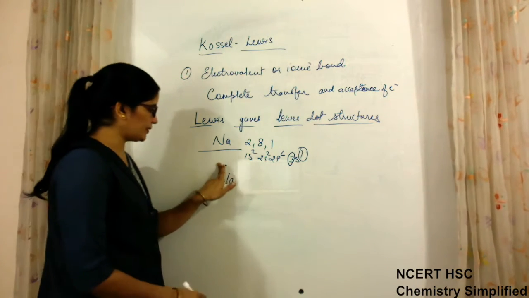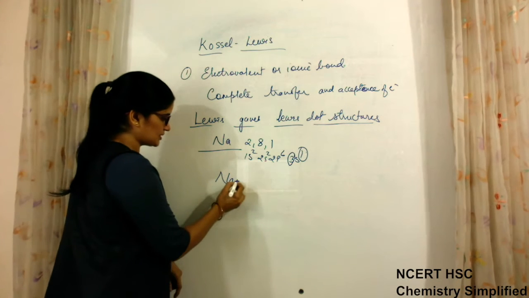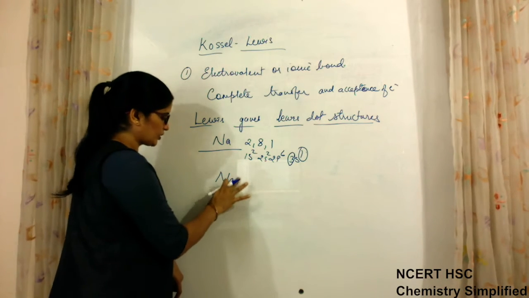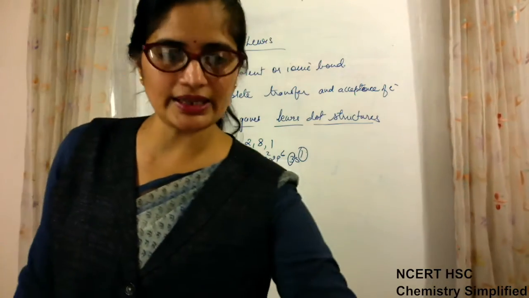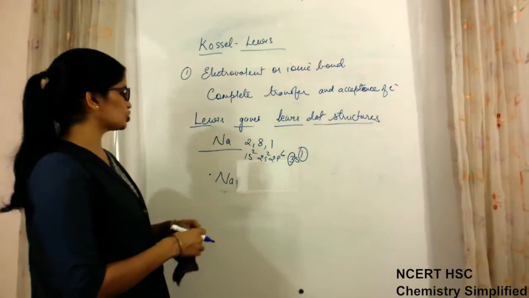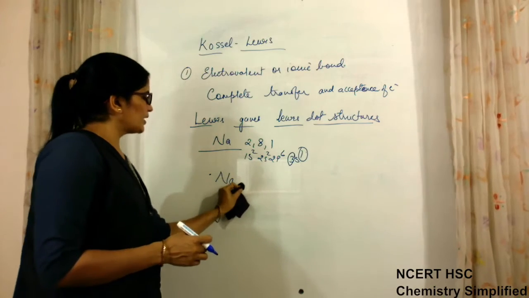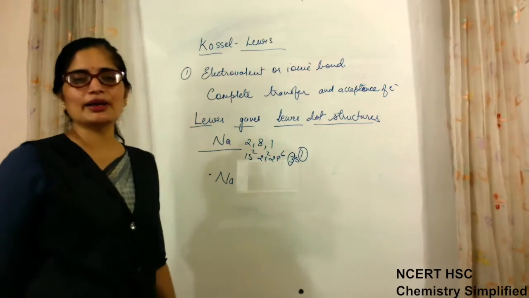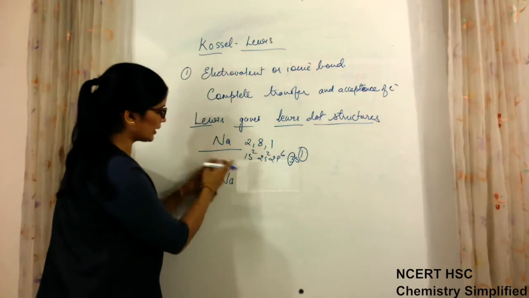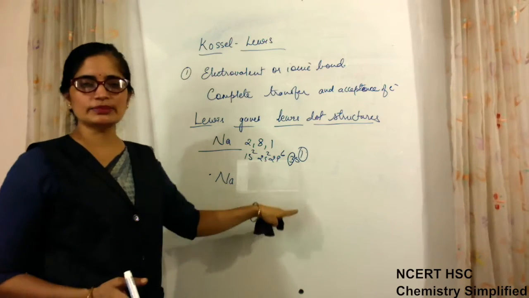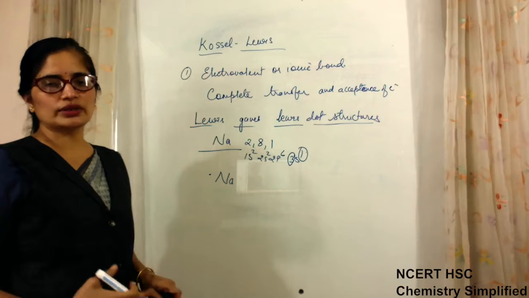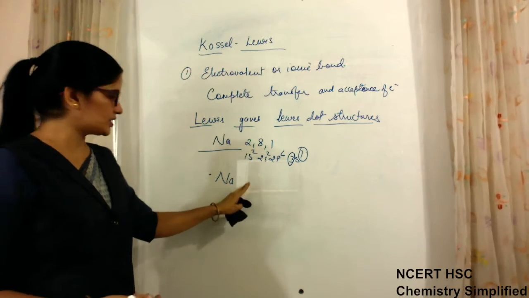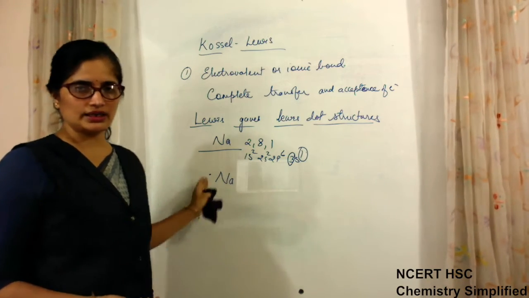This dot can be placed this side, this side, here, or this side. There is no fixed place where you must show it. Generally when we write the structures for chemical combination, we prefer to write it this side because it is easy to explain, either this side or at the top. But it is not that we can make it only on the right side or at the top, we can make it anywhere.